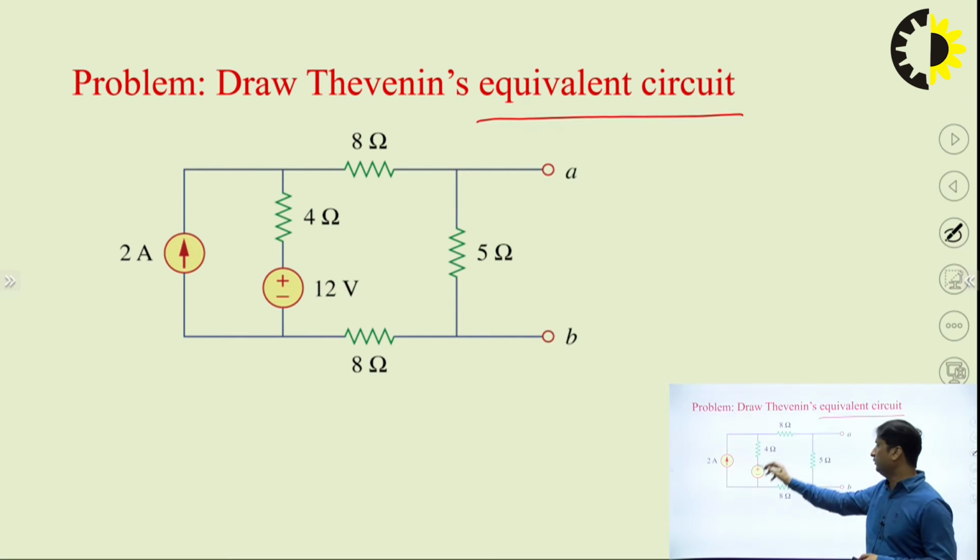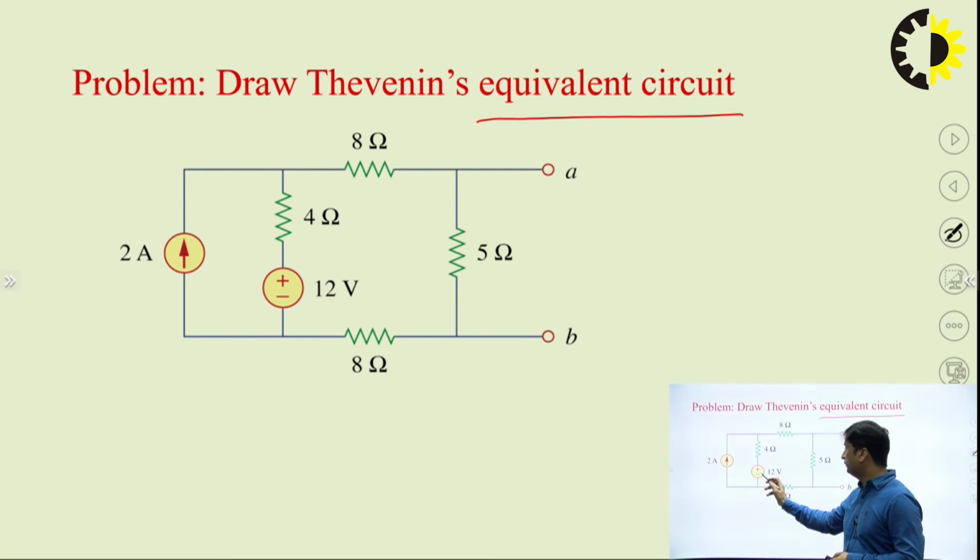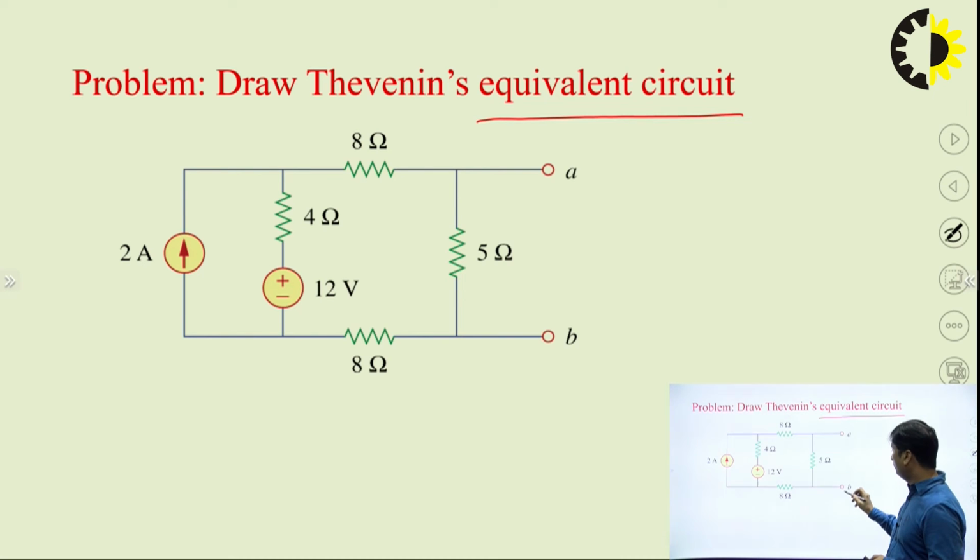So this is the circuit given to you. We have one current source, one voltage source, and these are some passive elements. Now we have to find the Thevenin equivalent of this through the points A and B. So these A and B are the 2 points. For that, first of all, we have to find the VTH across these 2 points A and B, which is called the VTH,